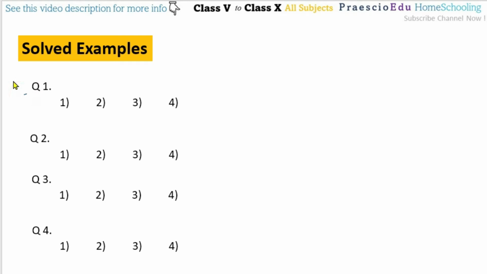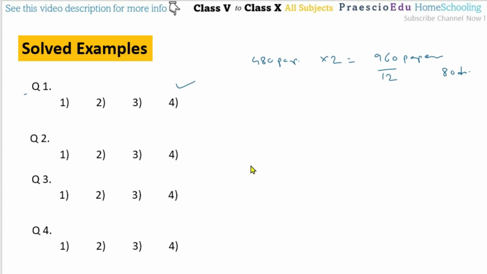Example number 1, question number 1 is there. 2 ream papers means how many dozen papers? So as we know, 1 ream is equal to 480 papers. Then 2 reams means multiply by 2, it's 960 papers. So 960 papers, we have to divide by 12 because we have to convert into dozen. So if we divide by 12, we get 80, and that is dozen. So 80 dozen is there, so that's why option number 4 is the correct one.